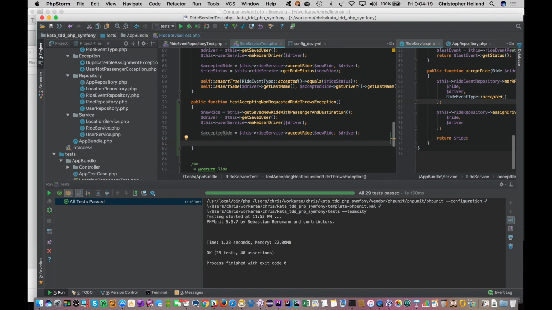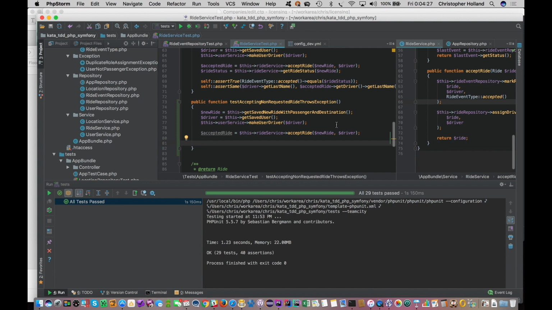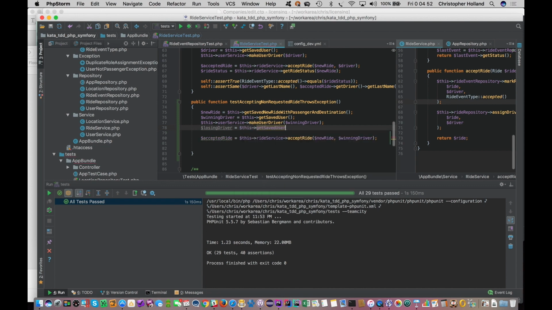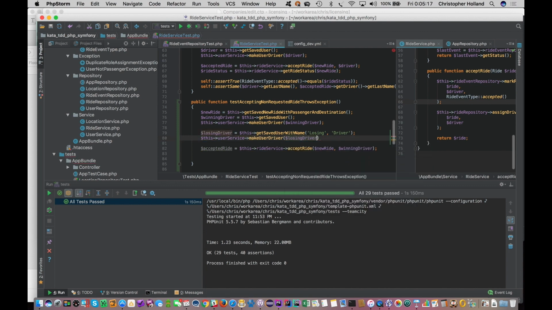So now I'm gonna call this the winning driver, and I'm gonna create a losing driver equals this get saved user with name losing driver, and I'm also going to make it this user service make user driver losing driver. Okay,